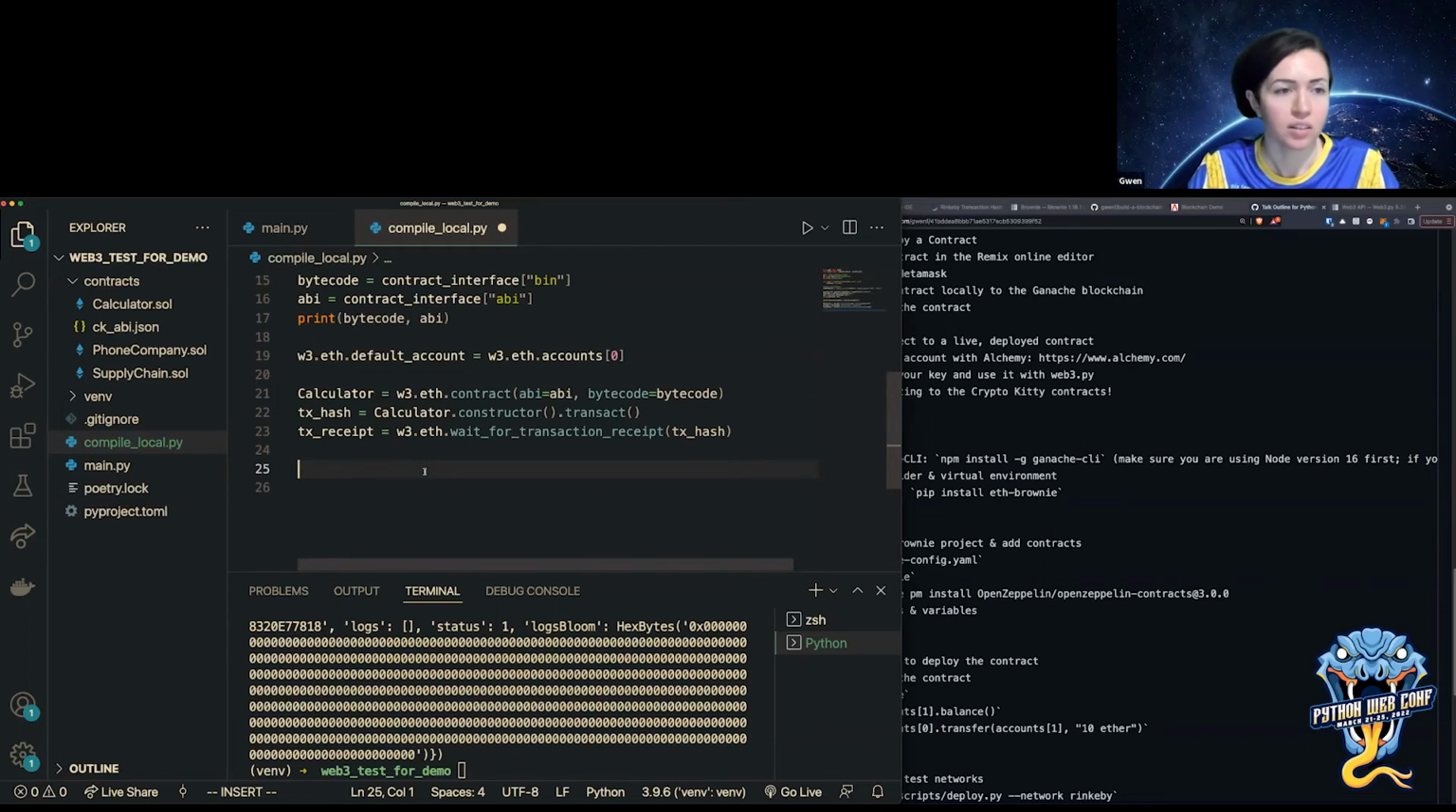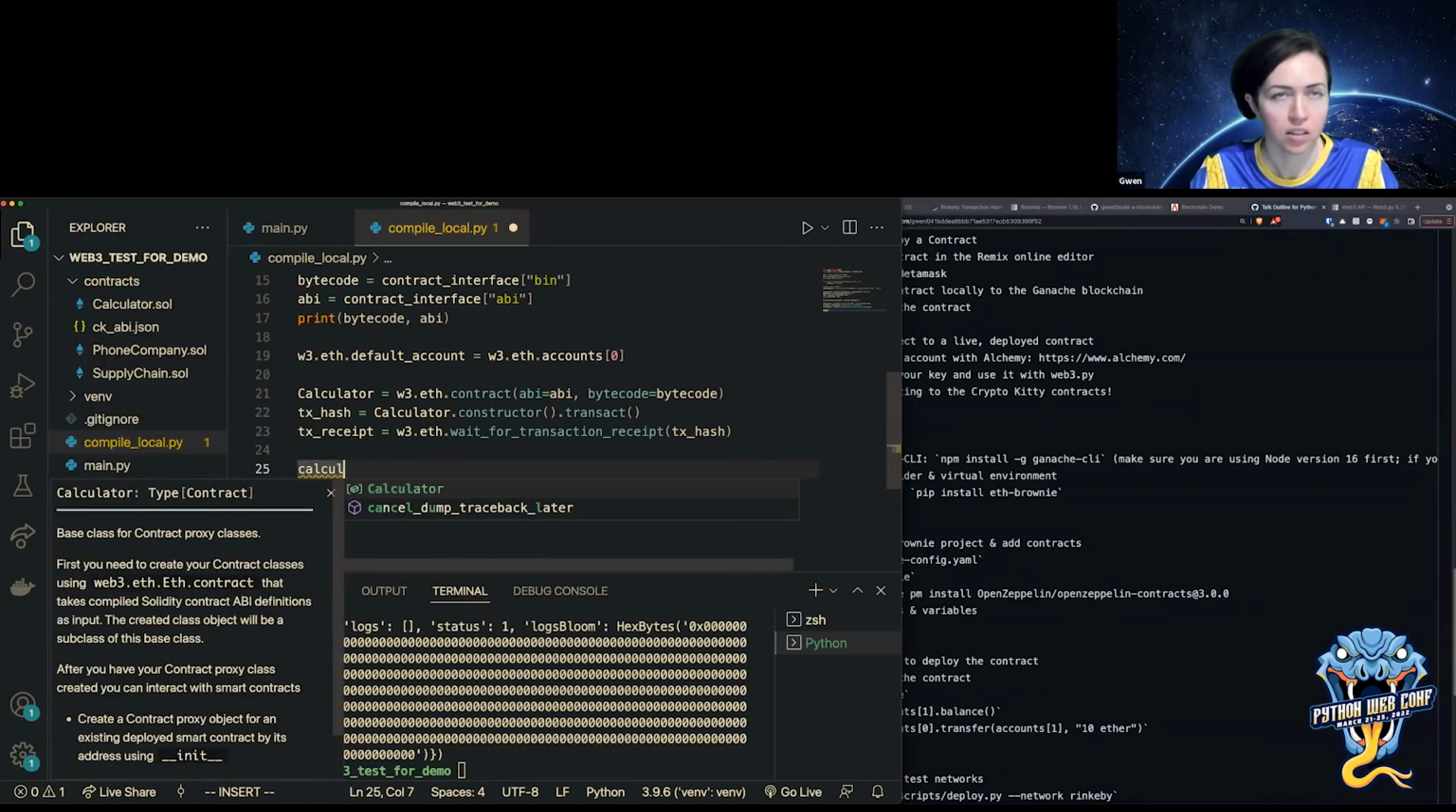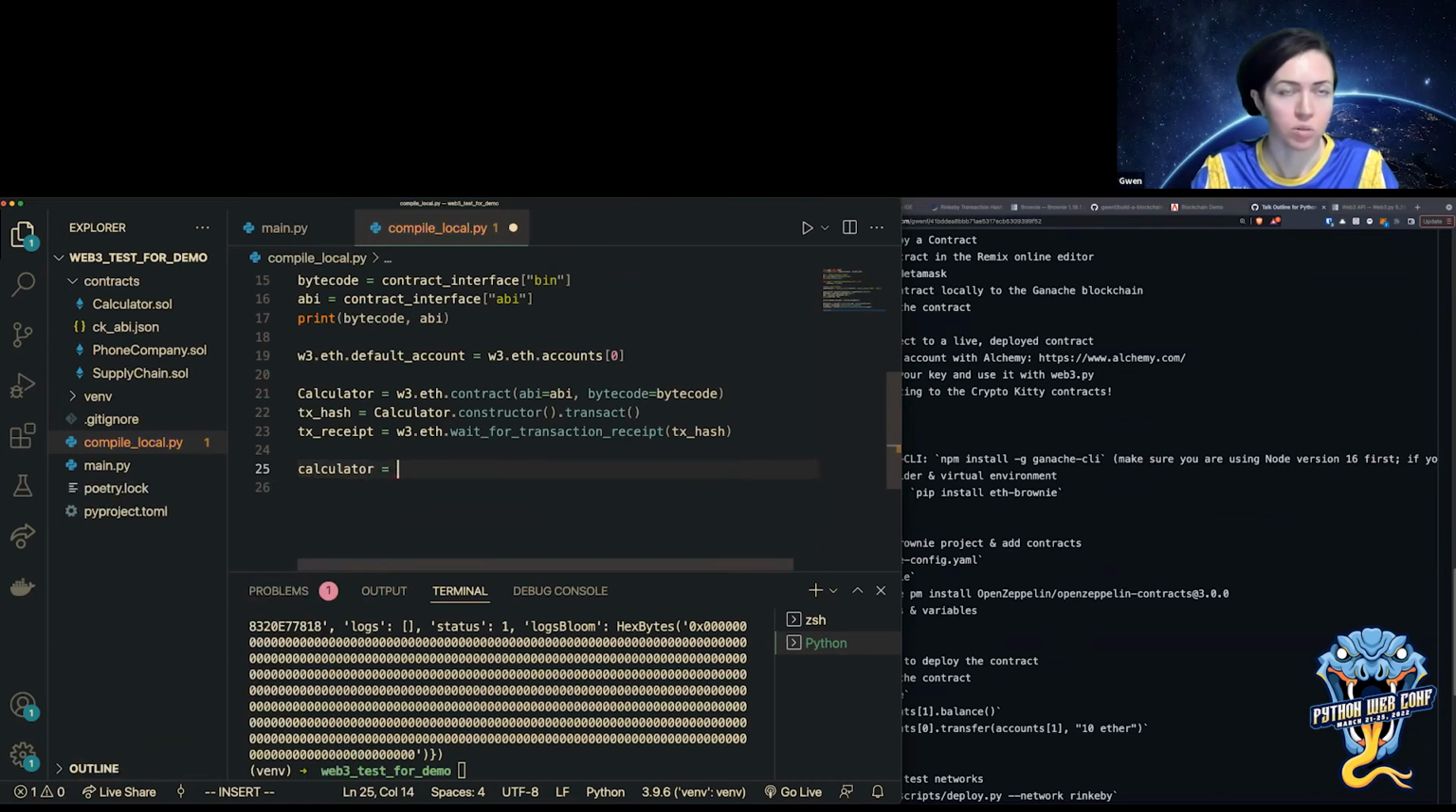So now, if I want to interact with the contract once I've deployed it, I have to reference the address of that contract. I can't just interact with the contract I made locally. So I'm going to reference the address where it lives on the blockchain now. So I'm going to say calculator equals